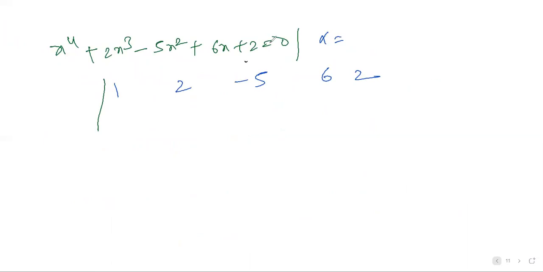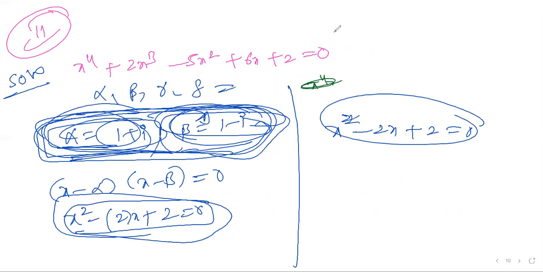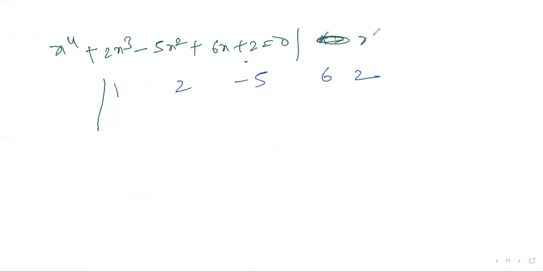When the complex root is there, first form an equation. What is the equation here? x square minus 2x plus 2 is equal to 0. It is a second degree equation. I'll write this on the next page. You understand what the equation is here? x square minus 2x plus 2. This is the equation.